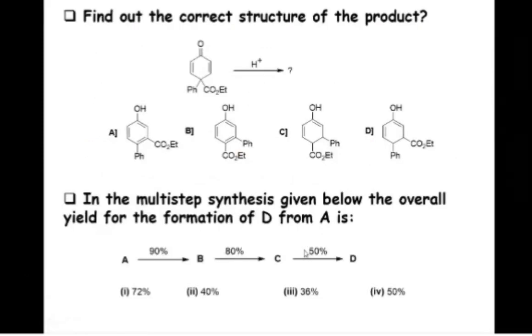Okay, and now a simple example. This example you will see in the book of Clayden, first edition, at the left side in the box, because this is a specific example of dienone-phenol rearrangement, and we have been studying dienone-phenol rearrangement from long back.